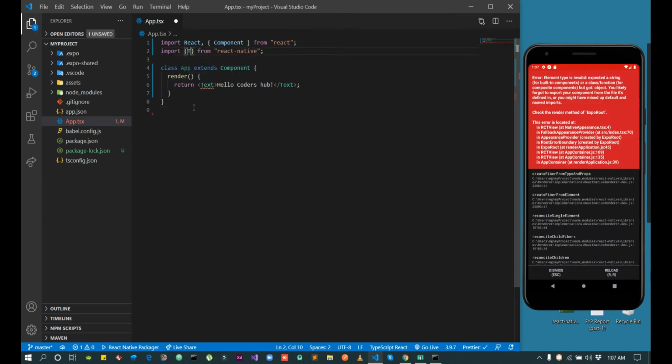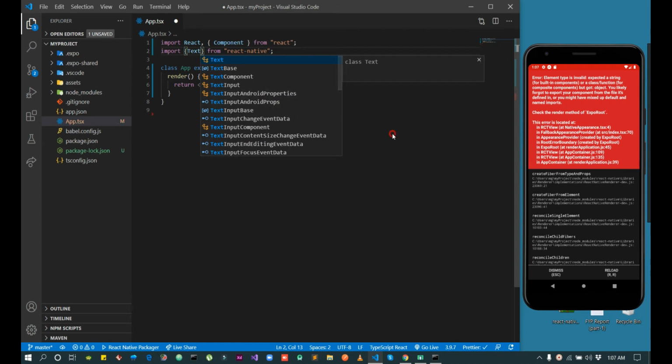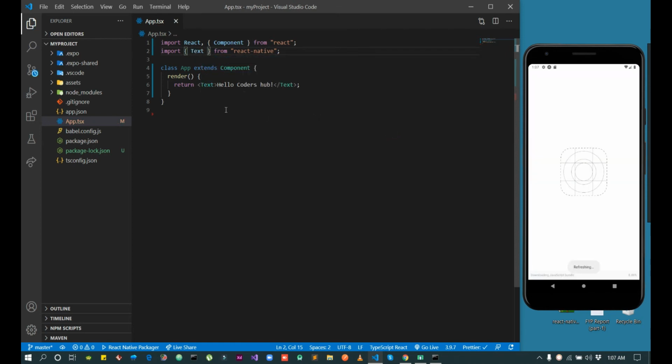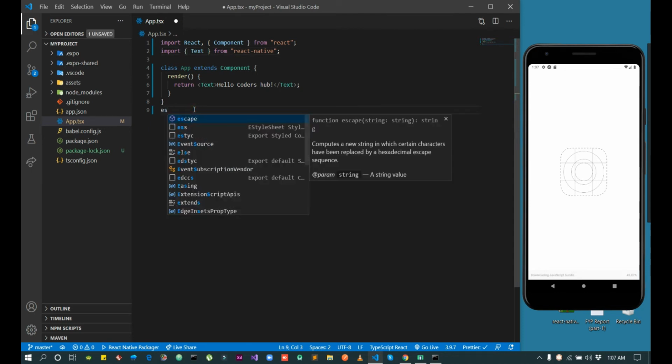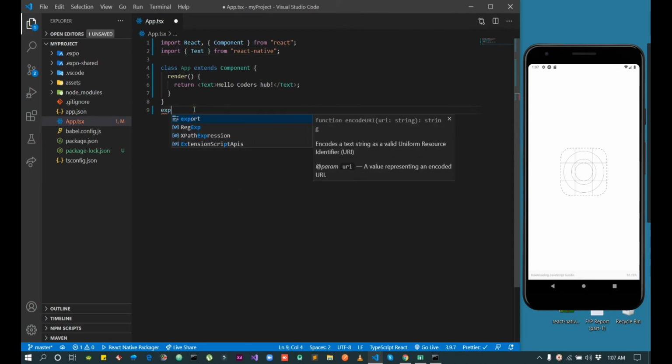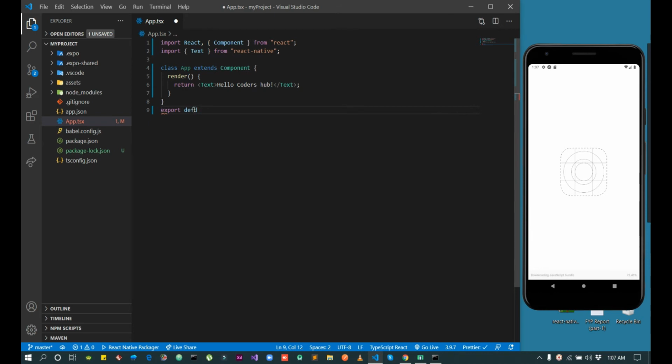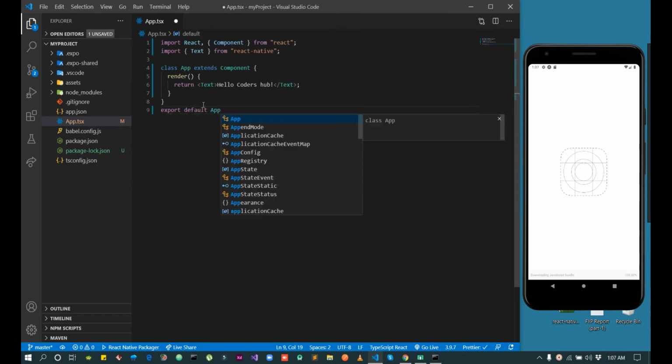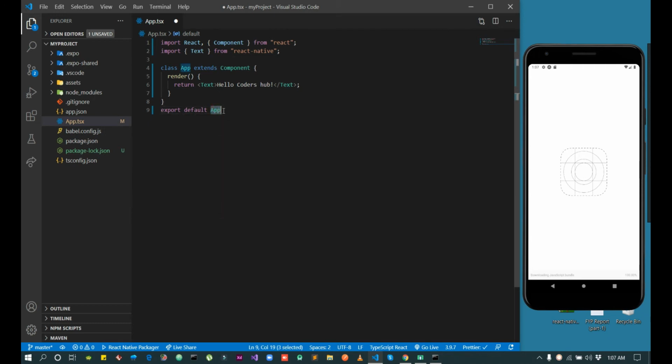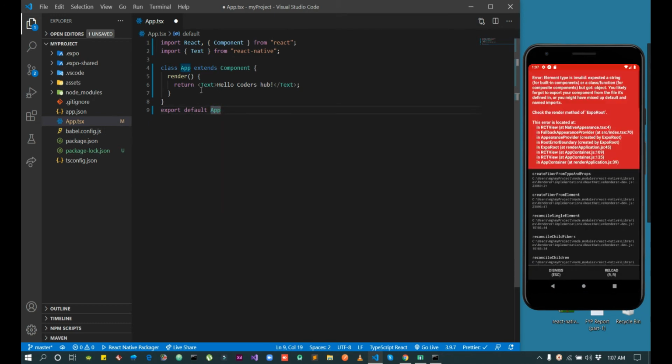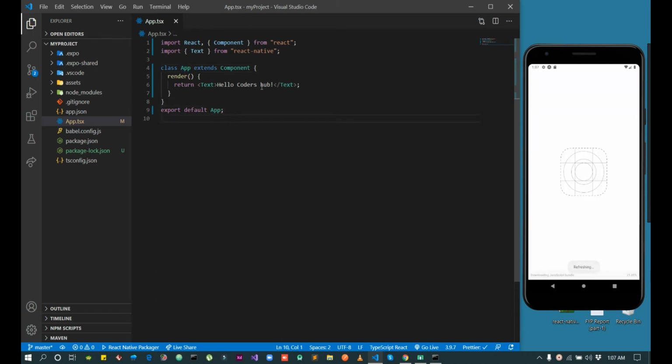So we will import Text from React Native, and we will get only one error, which is the export. We write export default App. App is the component name which we are building. As we save, we will get the text hello coders hub.